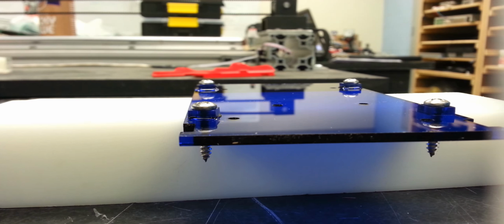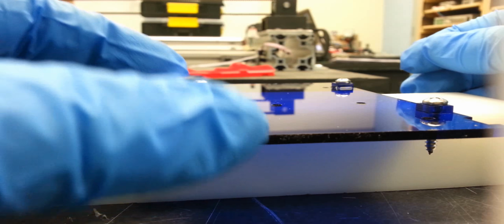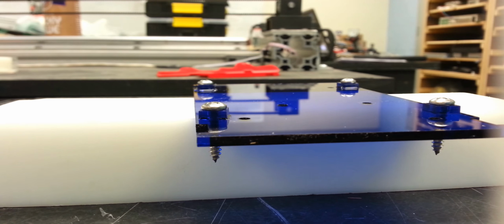Okay, so I've hit all four corners. This stuff dries almost immediately. So what we have here, you can see just a little bit of where I've put too much on, but in this case it doesn't really matter. It's on the bottom, you're not going to see it,